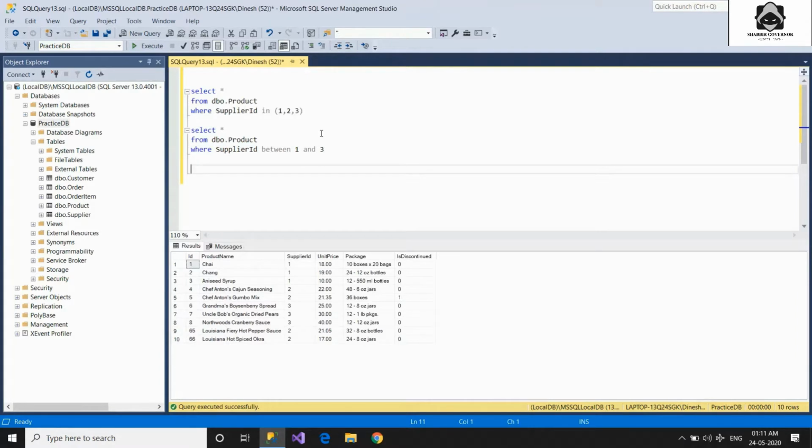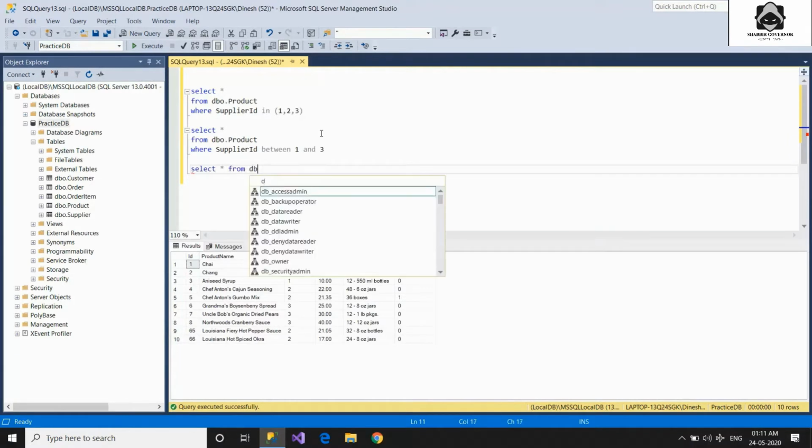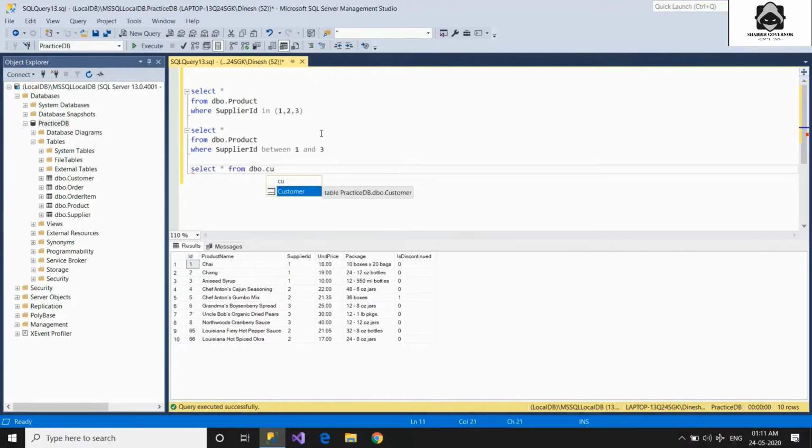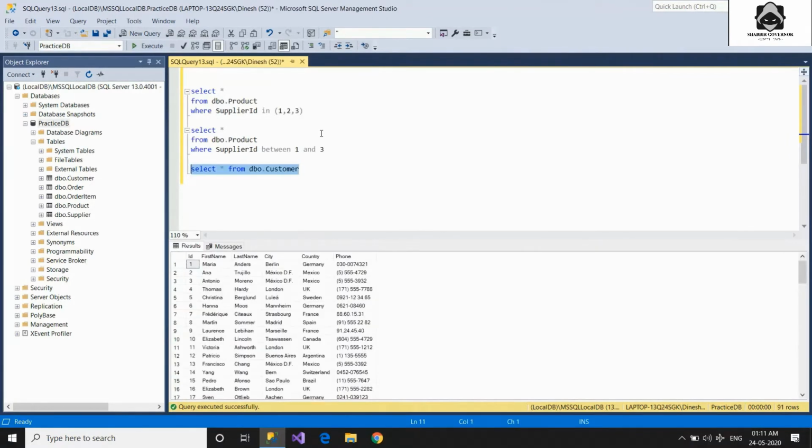Now we see the like clause, which is also called SQL wildcards. What we do is write a query where the first name starts with A and it could end with anything. For that we write select star from customer, then we write where the first name like.